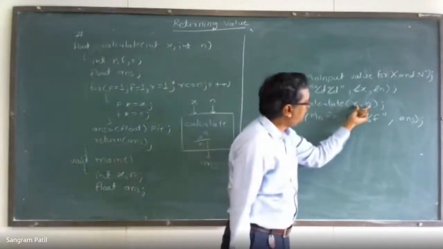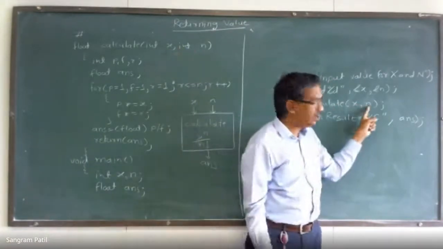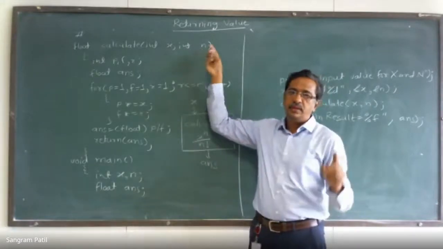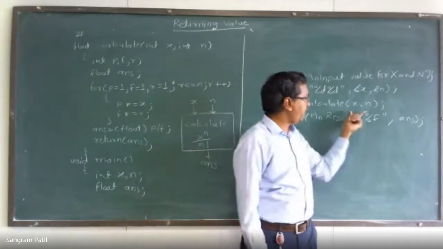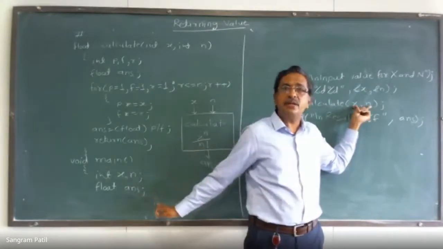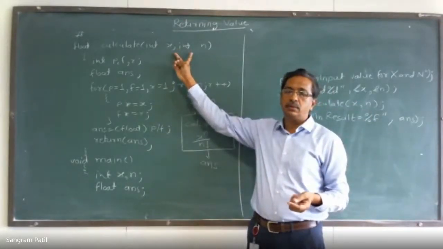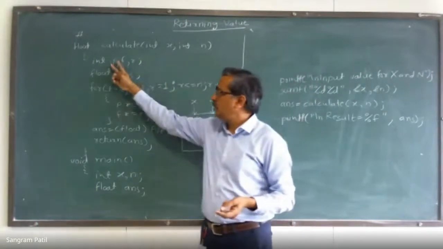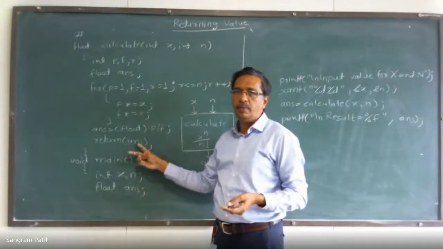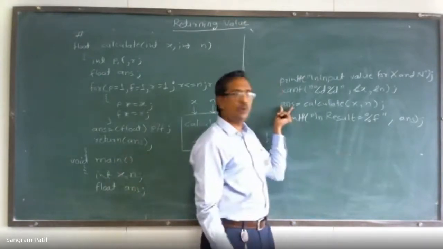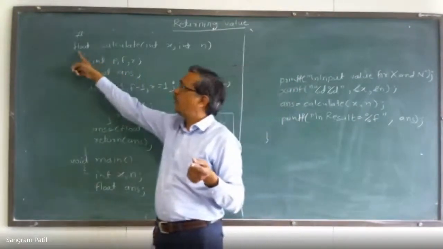We are passing two values x and n. This x will be taken for this x, and this n will be taken for this n. Most of the time, as a standard programming, the variable which we are using in the main program, that is the calling program, same variable we try to keep over here. And then it will execute the function and return ANS. Value of ANS will be given back. It will be received over here also. This answer is float, so I am writing here float.